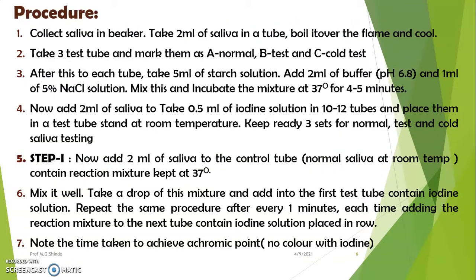So now students, we are going to perform this practical. The procedure for this practical is: first, collect the saliva in a beaker. Take 2 ml of saliva in a tube, boil it over the flame and cool. Now take 3 test tubes and mark them as normal, hot and cold test tubes. After this, to each tube take 5 ml of starch solution, add